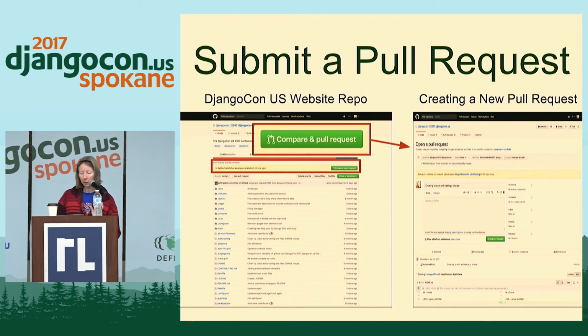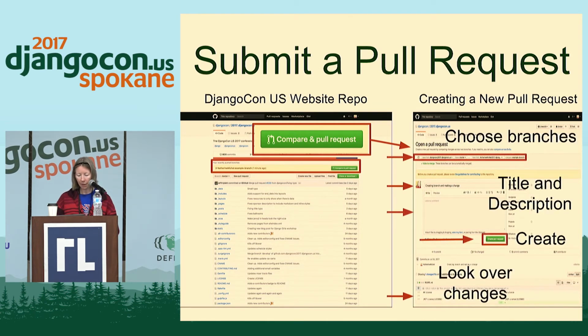So now to submit the pull request, if you're ready to do that, we want to go to the repo that you want your changes to be merged into. So we're going to go to the DjangoCon US website repo if we're not there already. So there will also be a message there telling us about the branch if it was through a fork, because GitHub will detect it. So we want to click on the Compare and Pull Request button and make sure the base branch is the branch you want your changes merged into, and make sure the Compare branch is your branch,